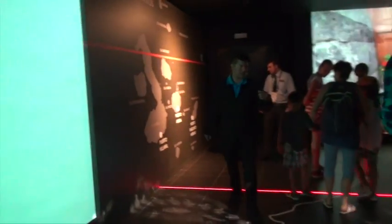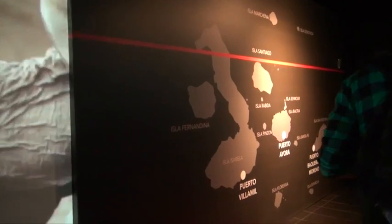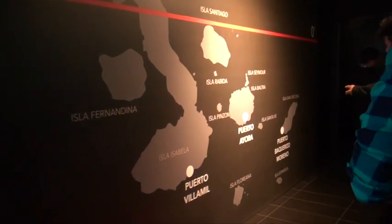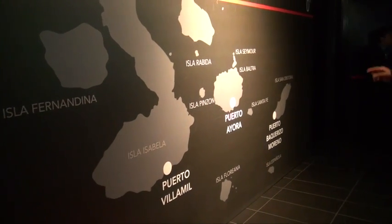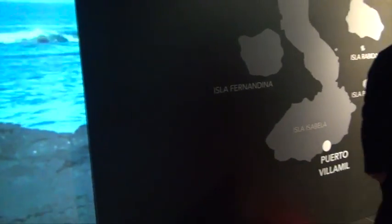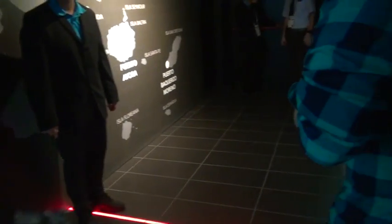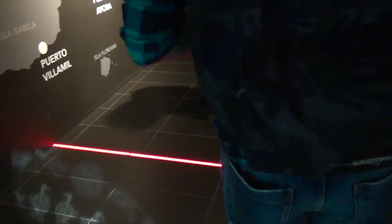We have 22 islands. The most important and biggest is Isabela. The second most important is Santa Cruz. The last one here is San Cristóbal. Also here are the most important ports, Puerto Villamil, Puerto Ayora, and Puerto Baquerizo. The distance of the Galapagos Island from the continent is around 1,000 kilometers, in the middle of the Pacific Ocean. This is the Pacific Ocean. This place is famous because...